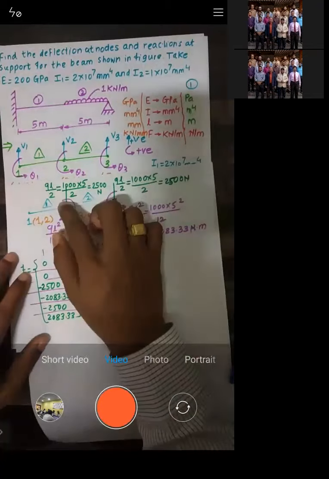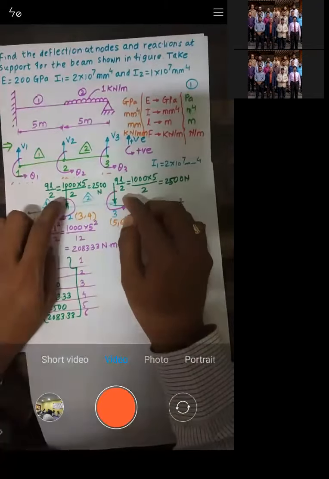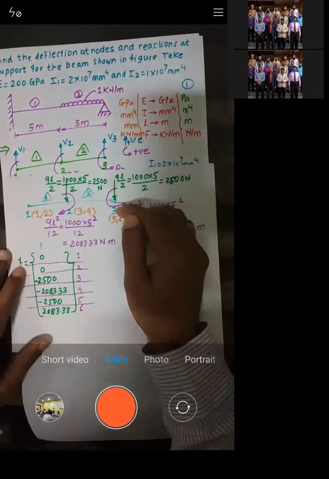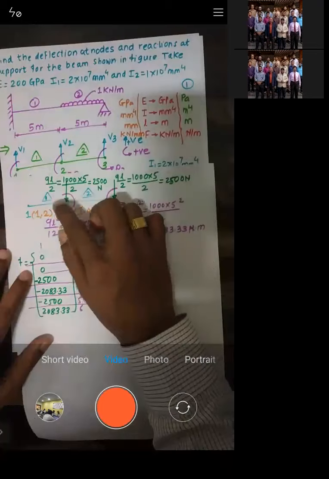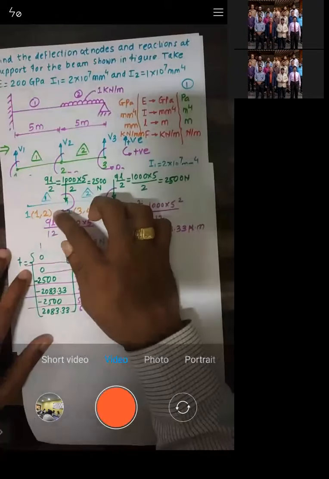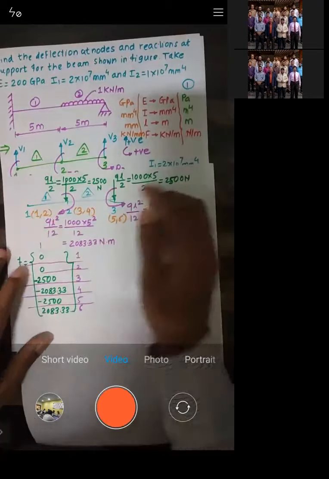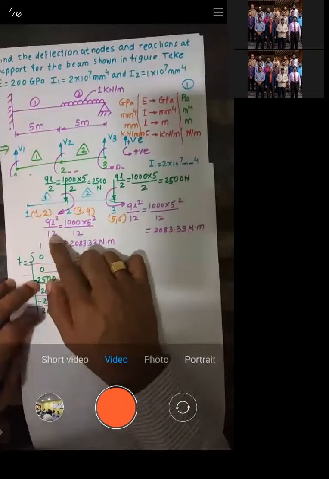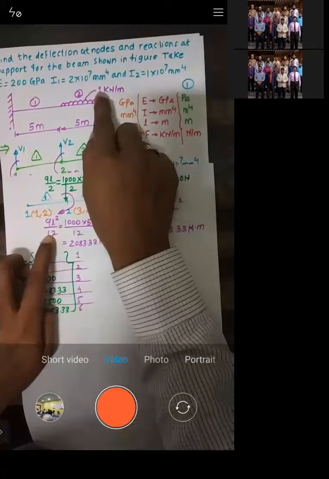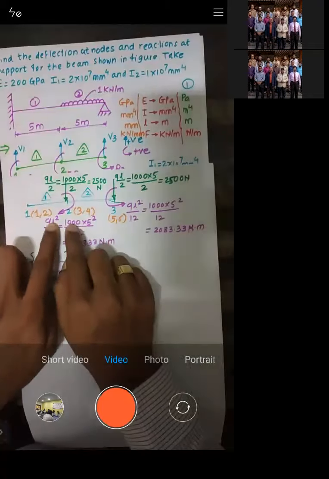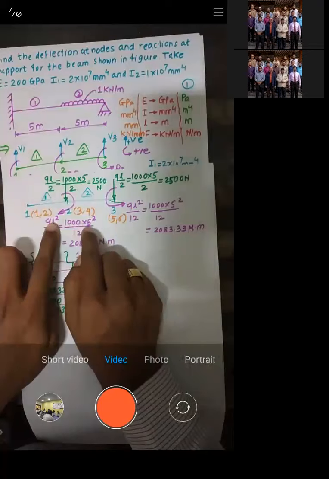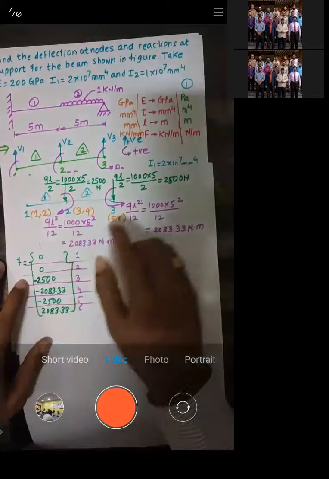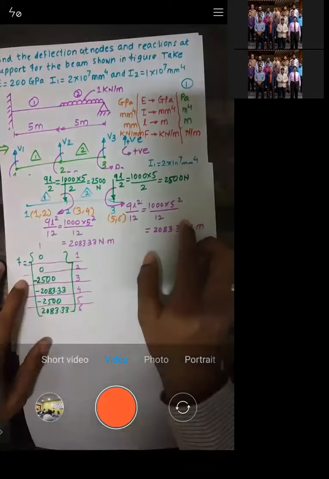In addition to these forces, obviously some angular displacement will also be there, and due to that, a moment will be generated. When that moment is clockwise, in order to balance it, an anti-clockwise moment will be produced. How to calculate the intensity of that? It is given by QL square by 12, right? So Q is this intensity, it is 1000. It is acting on which length? Length is 5, so 5 square divided by 12. So it comes to be 2083.33. Similarly, here it is 2083.33, right?